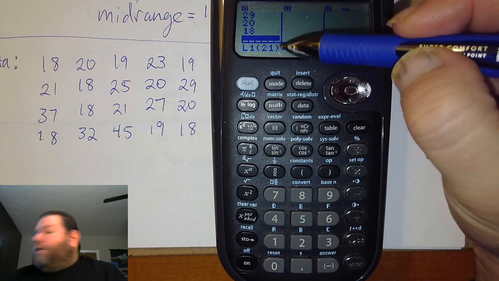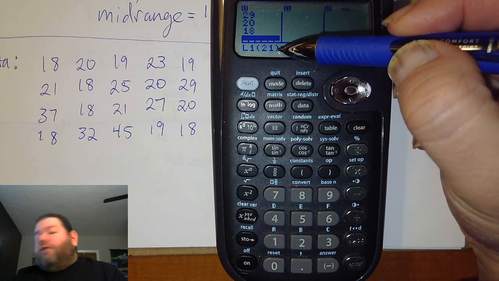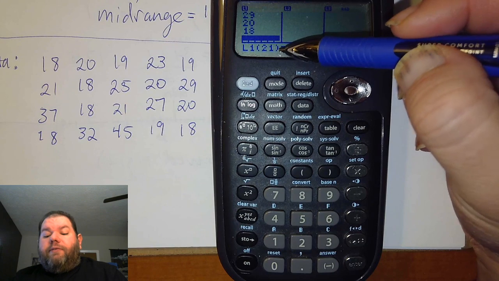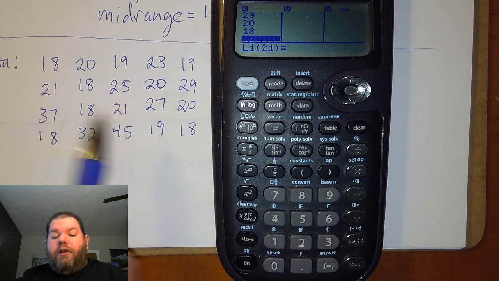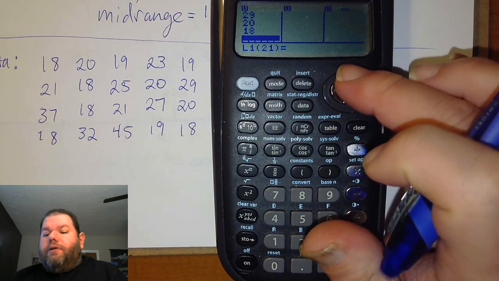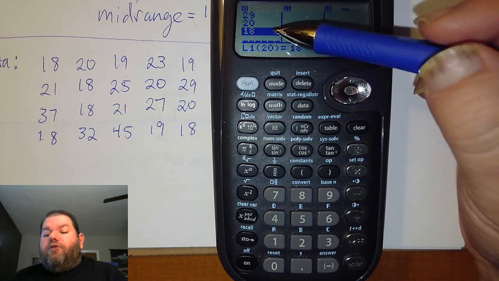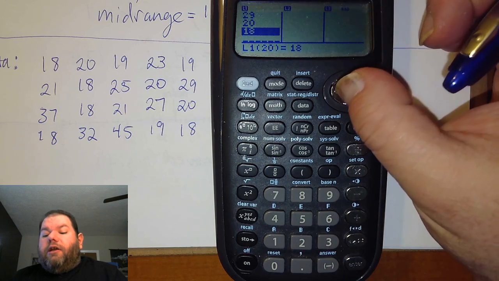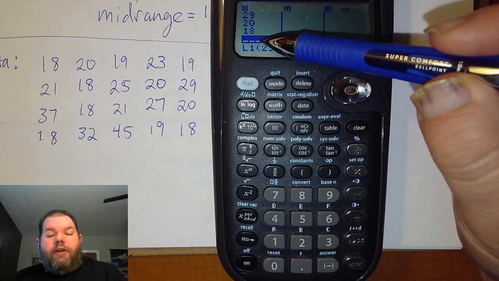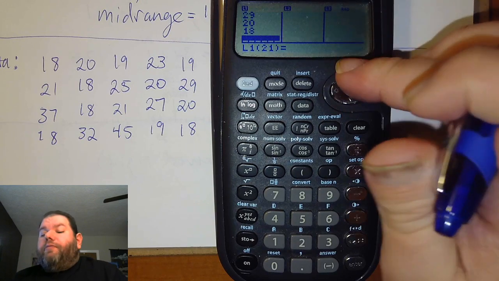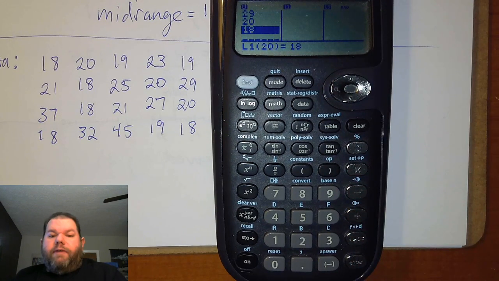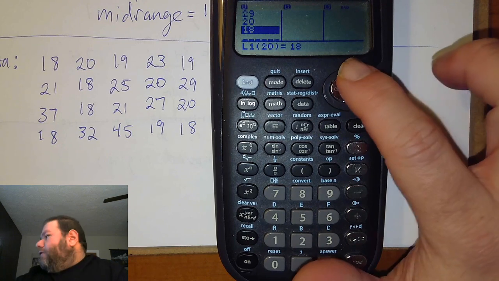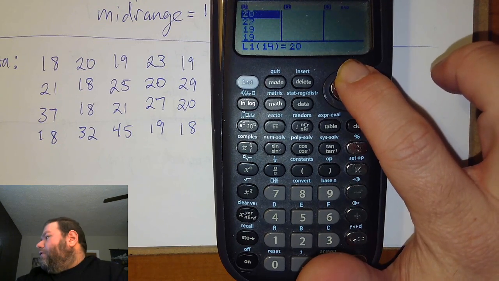Now you'll notice right here it says we're on item 21 on this list. We know there's 20 data values here from when we worked with them before, but that's because this is the 20th one right here, and our 21st one was empty. So yeah, we have 20 values entered in, and it doesn't hurt to go back through